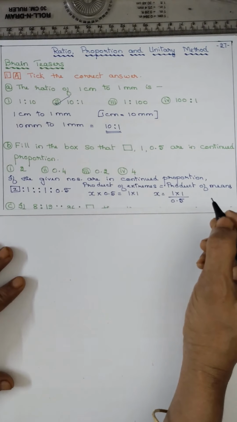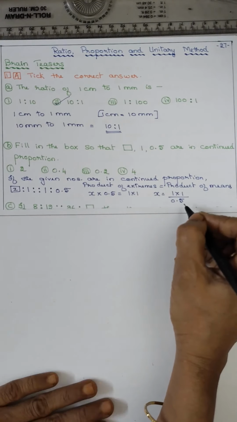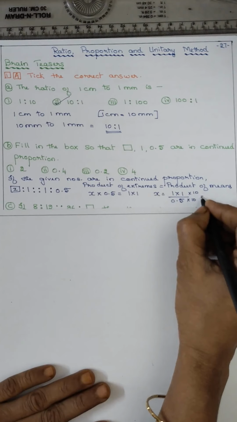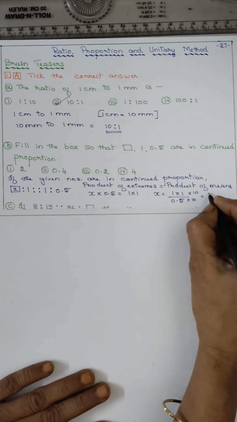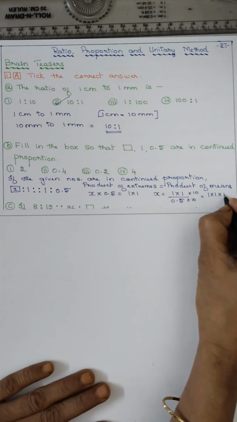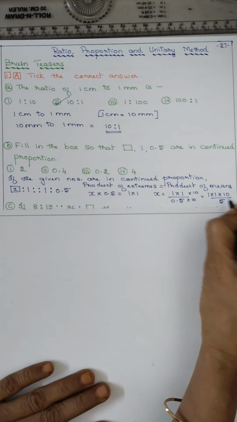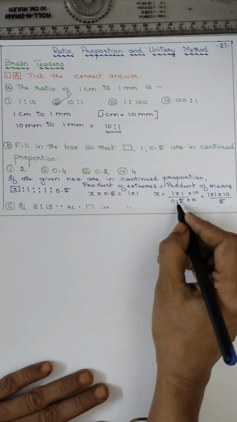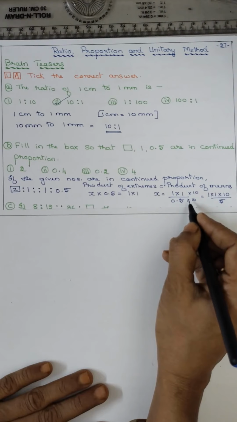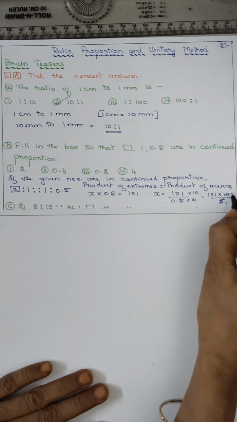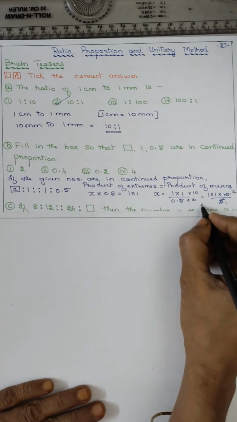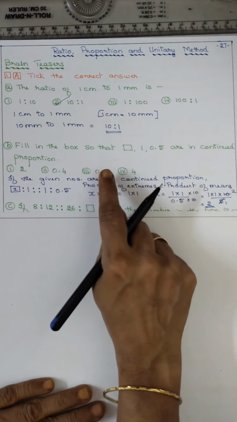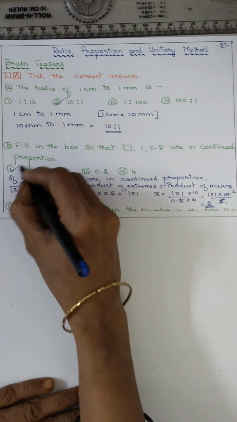Now in the denominator it is 0.5. It is a decimal, 1 decimal. So multiply by 10 to remove the decimal. So it will be 1 into 1 into 10 upon 5. Isn't it? 0.5, the decimal place moves 1 place right. So it will be 5. 5 ones are 5, 5 twos are 10. So you got the answer 2. 2 by 1, that is 2. So the box is a, answer is 2.